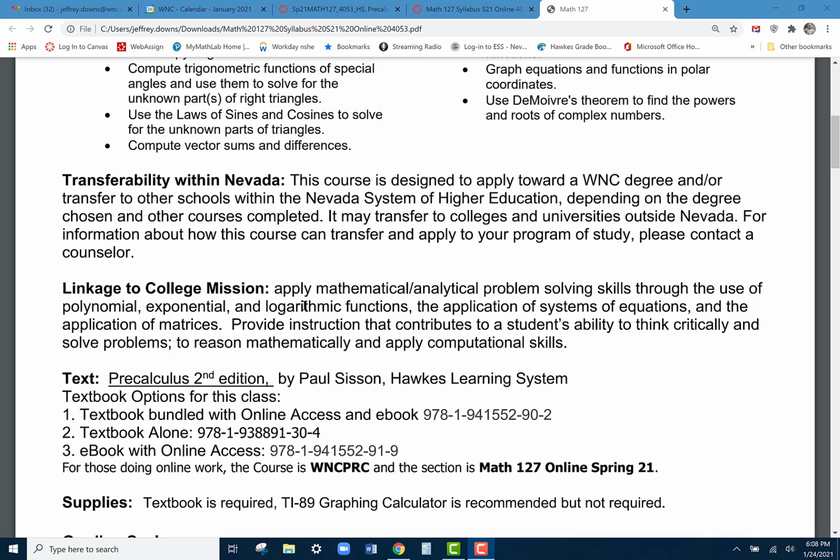Link it to the college admission and apply mathematical and analytical problem-solving skills through the use of polynomial, exponential, and logarithmic functions, the application of systems of equations, and the application of matrices. Provide instruction that contributes to the student's ability to think critically and solve problems or reason mathematically and apply computational